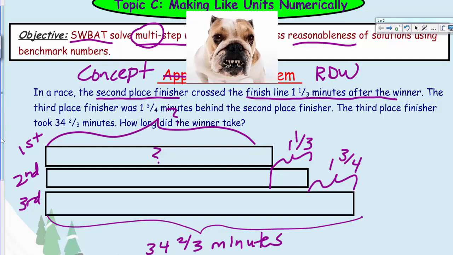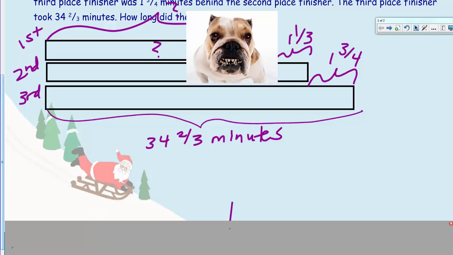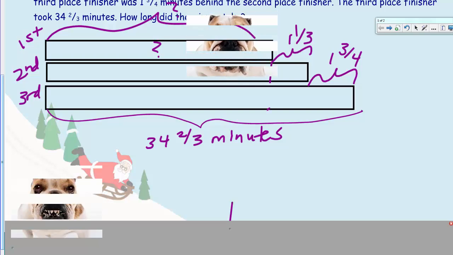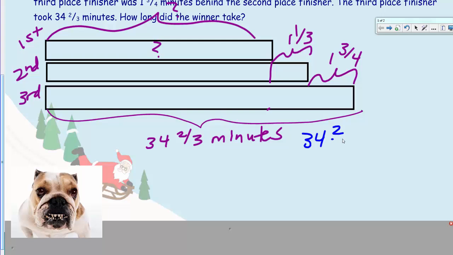Well, we need more room, first of all, so I'm going to go ahead and extend this page. Starting to glitch on me again. Okay, so let me go ahead and write 34 2/3